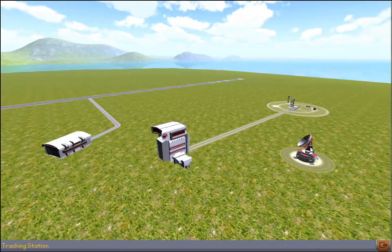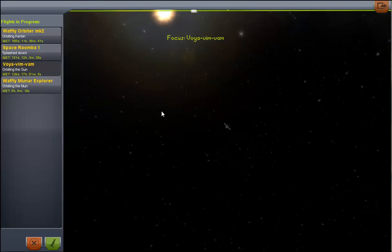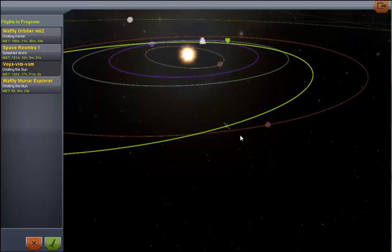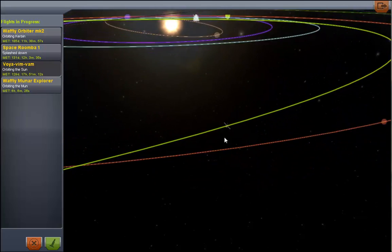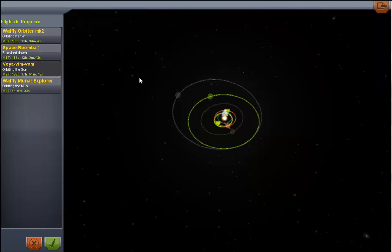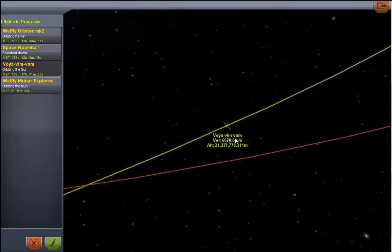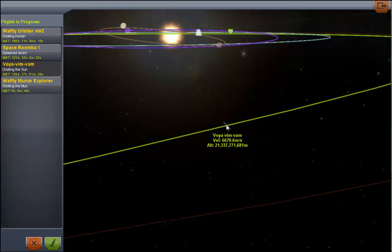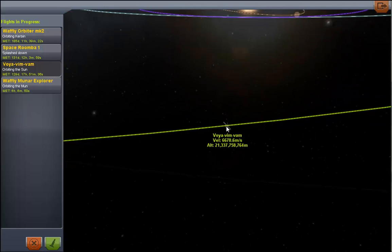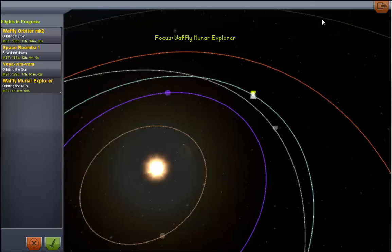Now the Voya-Vim-Vam. Oh boy, the Voya-Vim-Vam. It comes off of a real satellite called the Voyager. It's way over here by Duna. The Voyager is a real-life satellite, and it's left the Kuiper Belt, I'm pretty sure by now, which is beyond Pluto. I can't call it the Voyager, so why not go off of my kind of silly speak and call it the Voya-Vim-Vam. So what the Voya-Vim-Vam was originally planned to be...